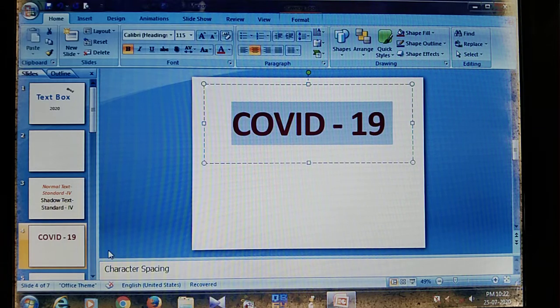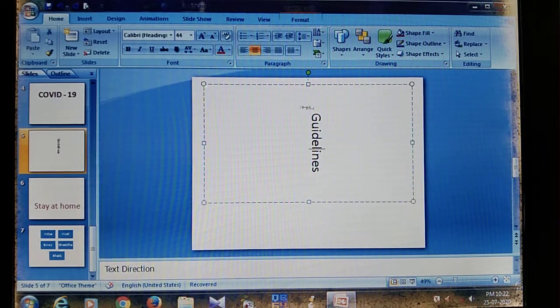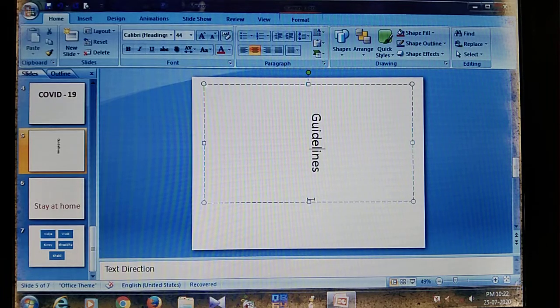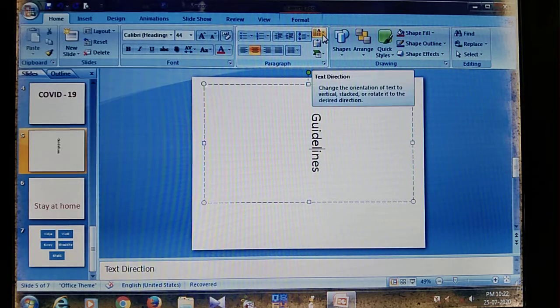Okay. Next, text directions. I write here guidelines from top to bottom. So how can I set the text directions? Click on the paragraph group, under the paragraph group, click on text directions.